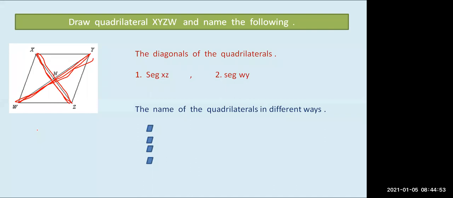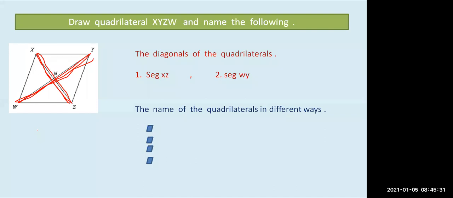So diagonals are very easy to identify. Adjacent sides and adjacent angles are also easy to identify. Everything is easy to understand. Very easy to identify. Just you should know the concept very easily so you can understand. You can give the answers. Now the next question is naming the quadrilaterals in different ways. Very nice. You have to name the quadrilaterals in different ways that we have seen. I have told you how to name a quadrilateral. Chalo, tell me the name of quadrilaterals first. We will start with X. Okay.